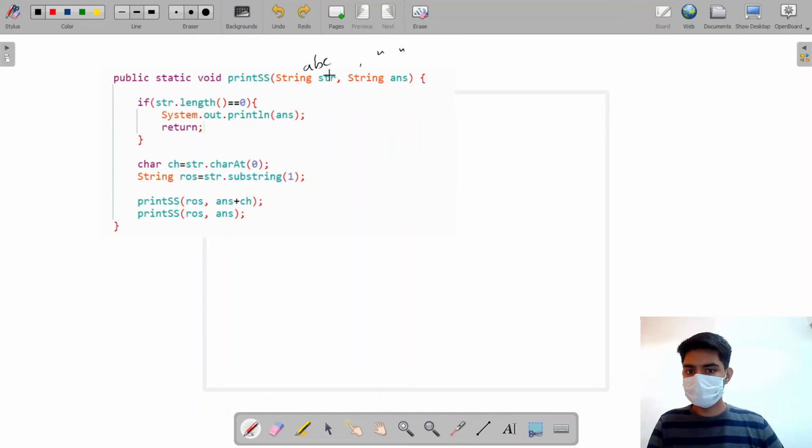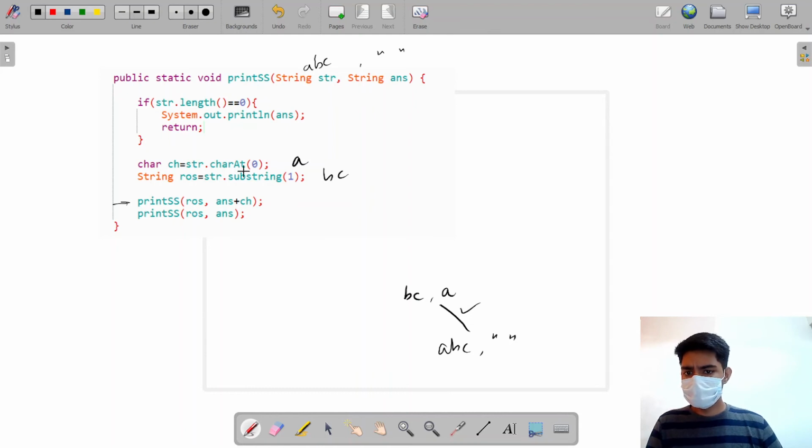So what we have is str as ABC. Here my character is A, and I have the rest of the substring as BC. Now I'm making a call that I'm including my character in the answer. So I have ABC and an empty string, and I'm making a call that I'm including it. So I've included myself in the answer. So I have BC and A is in my answer. And then I go back here.